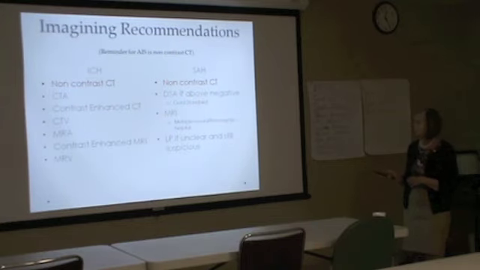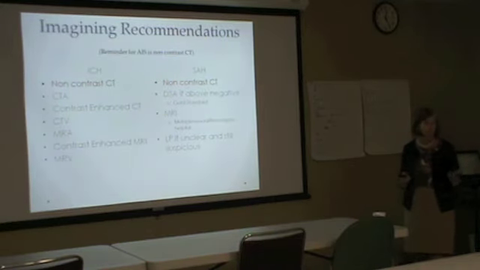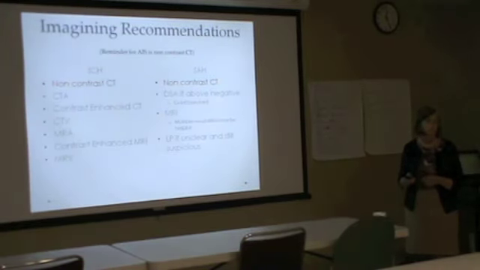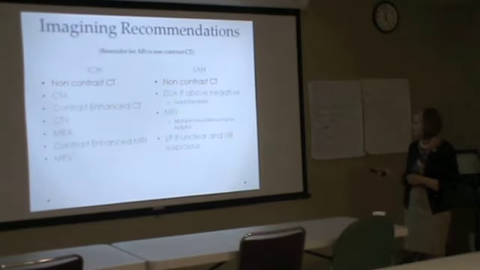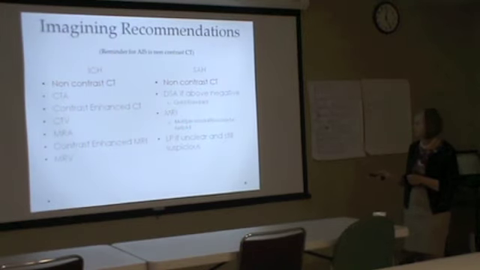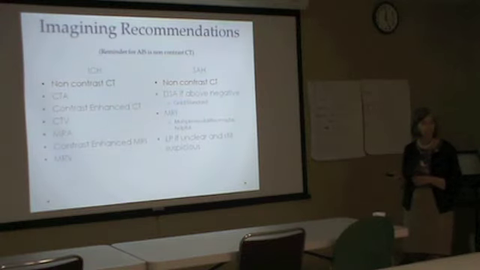The gold standard is still digital subtraction, which we don't do here. Digital subtraction angiograms are done by facilities where you have a vascular surgeon who does procedures through vessels. You can use an MRI. There's multiple modalities that may be helpful, but again, this is not necessarily what we need in that first bit. And it still holds true. If the CT is negative, they look like they've had a subarachnoid hemorrhage, they still recommend to go ahead with